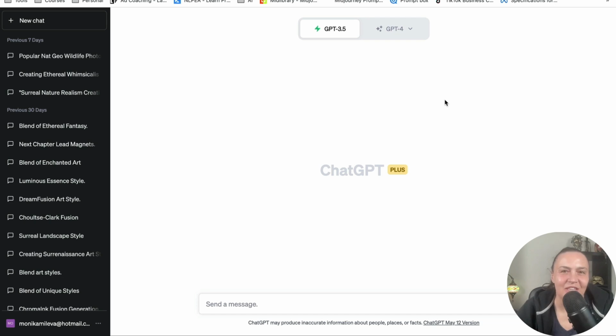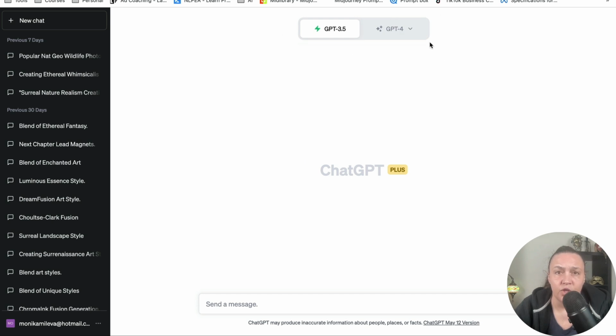Let me show you how to get the web browsing capabilities in ChatGPT and also install the plugins. So you have to be a Plus user. This is number one. Number two, they are slowly releasing it to all Plus users. I just got it. I knew about it several days ago, and today is the day that I actually got it. And to know that you're in, when you sign in to your ChatGPT account, you will see a